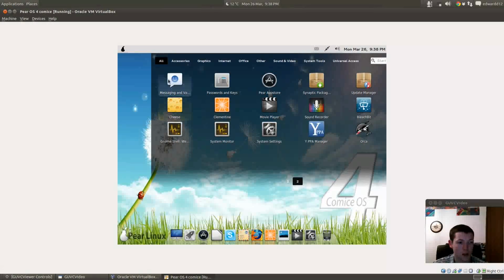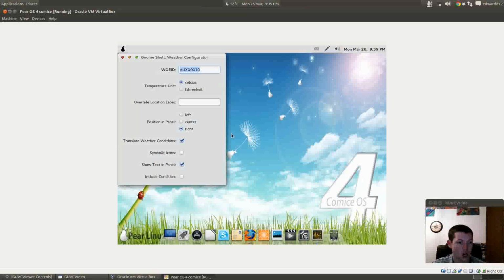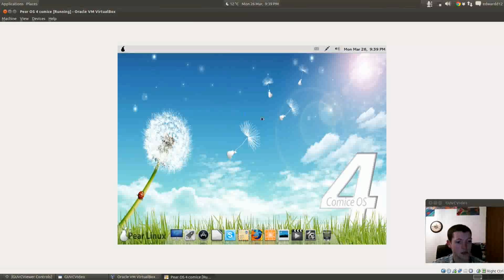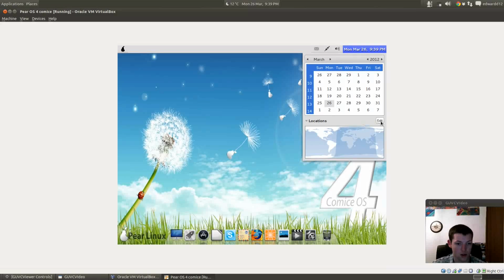Right, page 2. Message and VoIP accounts. Passwords and keys. Pear App Store, Synaptic, Update Manager, Cheese, Clementine, Movie Player, Sound Recorder, BleachBit, Orca, PPA Manager, System Settings, System Monitor, and GNOME Shell weather configuration tool, which I'm not going to go into all the WOEIDs, because that's just pointless, considering I can just go to locations, edit,